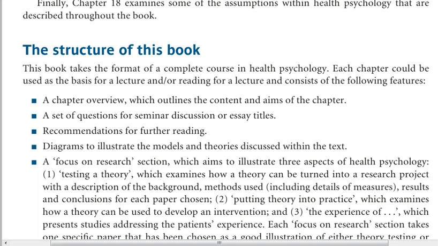Each chapter could be used as the basis for a lecture and/or reading for a lecture, and consists of the following features: a chapter overview, which outlines the content and aims of the chapter; a set of questions for seminar, discussion, or essay titles; recommendations for further reading; diagrams to illustrate the models and theories discussed within the text;